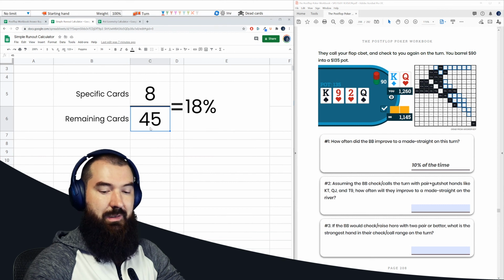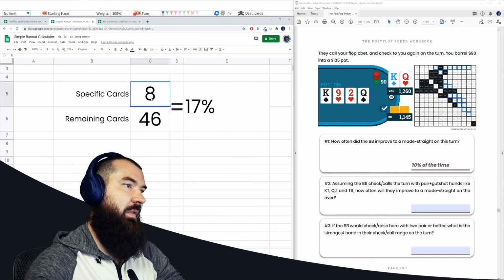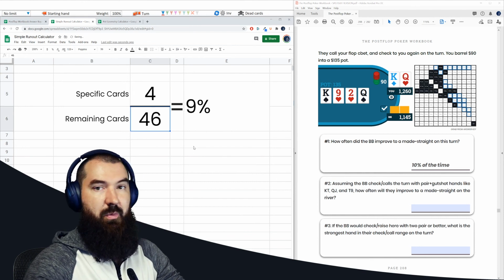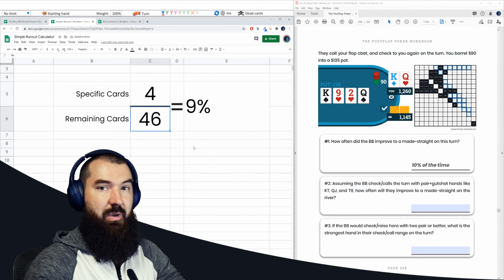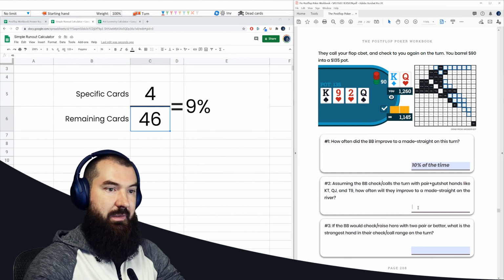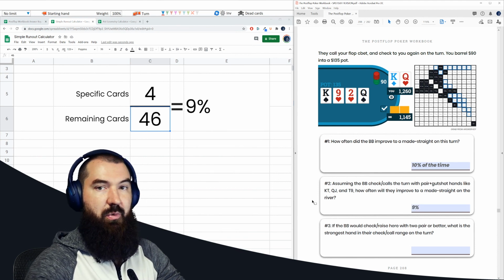We see 46 cards, so there are 46 unseen cards right this moment, and they just have a raw 4 possible cards to improve to that gut shot. We don't know exactly which one is faded versus not faded, so we're going to take all 4, and that gets us to 9%. That's how often those pair plus gut shot hands are going to improve to a made